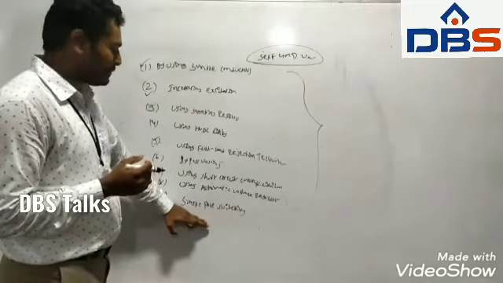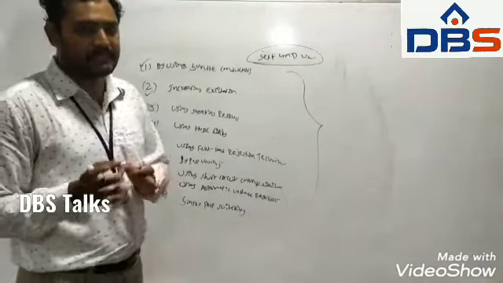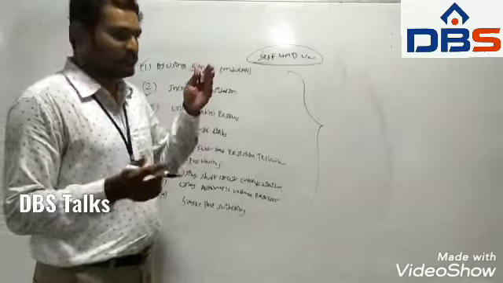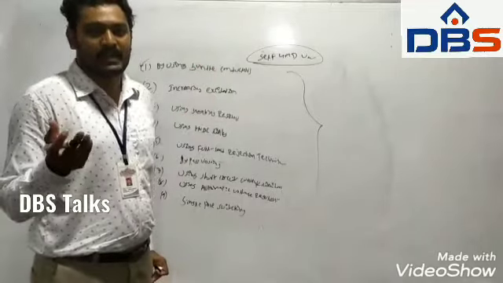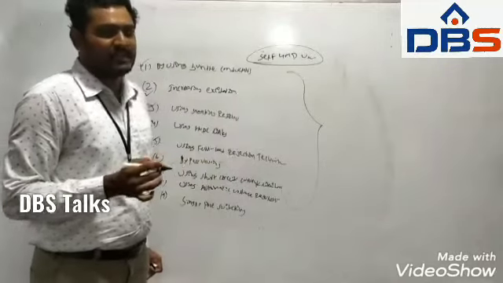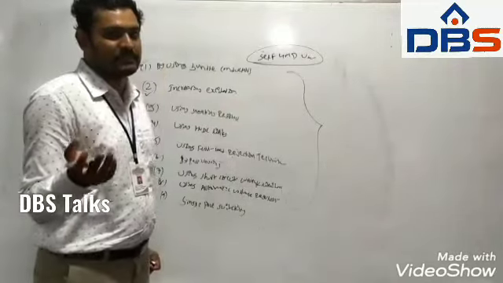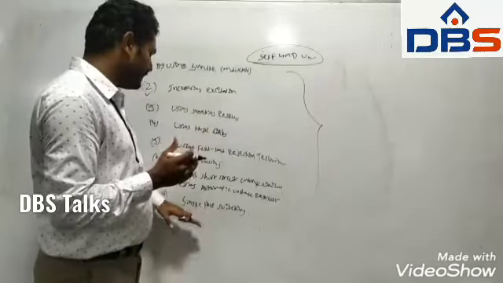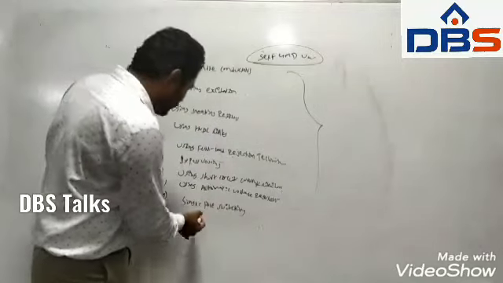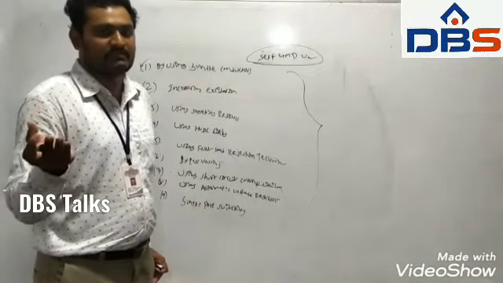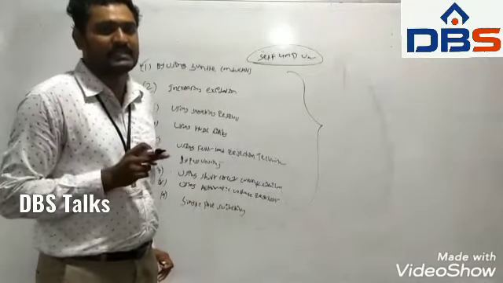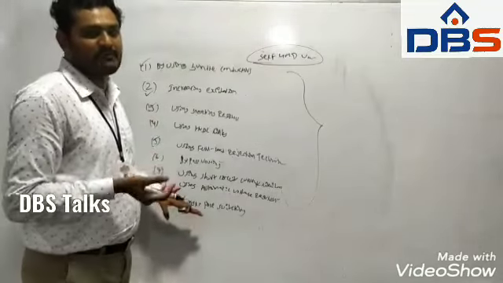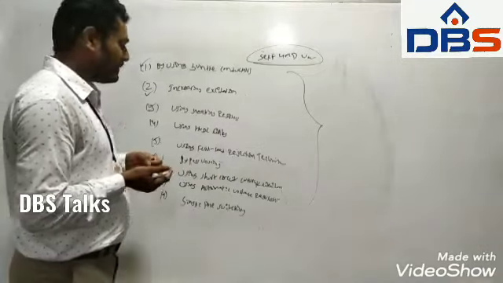The last one is single pole switching. By using single pole switching, we maintain the stability. If one line is in a faulty condition, we have to de-energize the faulty line, because otherwise it will affect the other system. That means we have to separate the faulty line and the healthy line. Why are we using single pole switching? In a transmission system, the major fault is the single line to ground fault. So for that we use single pole switching to improve the stability effect of a system, to maintain the stability of a system.